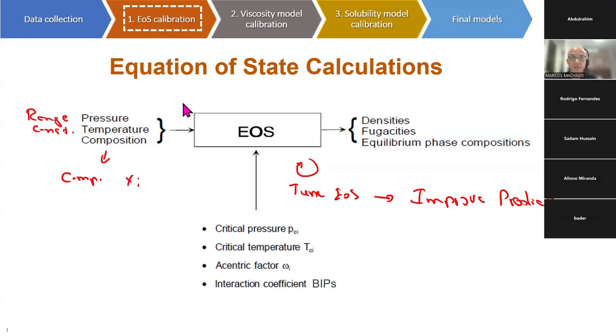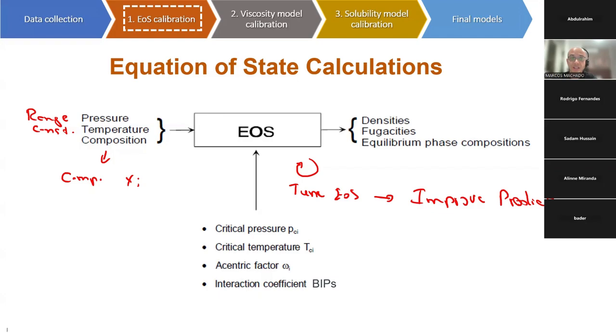So we need some inputs. The typical inputs are the composition of the fluid in terms of components and the amount of each component in the mixture, and we need some experiments to be reproduced by the equation of state. Each one of those components is characterized by some properties. So the critical properties are relevant. The eccentric factor is another one. And as we are dealing with mixtures, we need to input a new parameter that is the interaction coefficient parameter